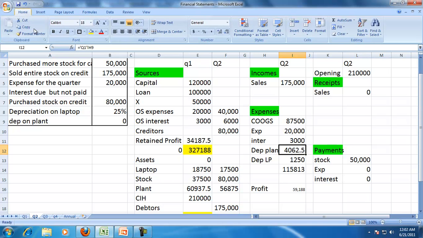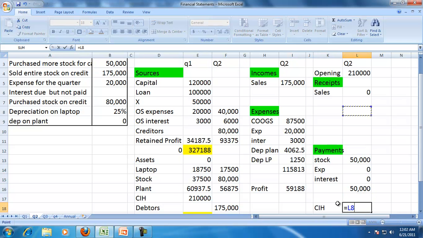What will I do with the profit? Unless mentioned, I'm going to show that as retained profit because I'm not distributing that. So retained profit, and there is no cash outflow other than the stock purchase. So therefore